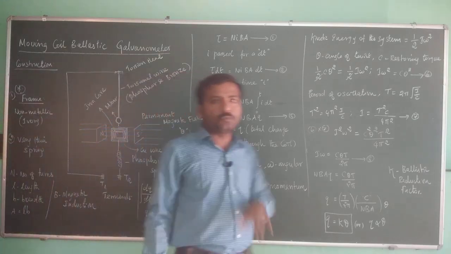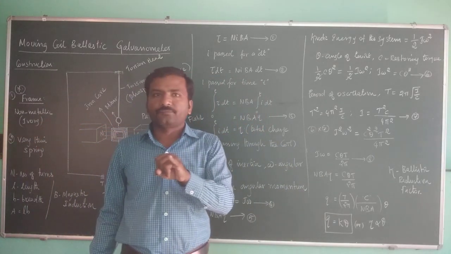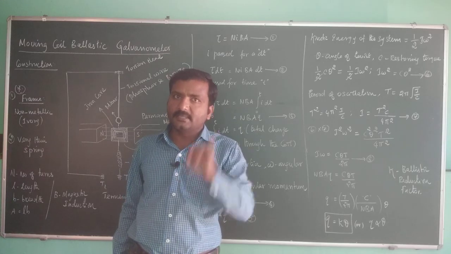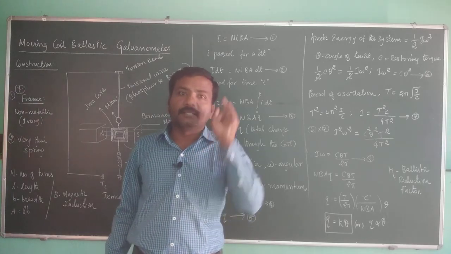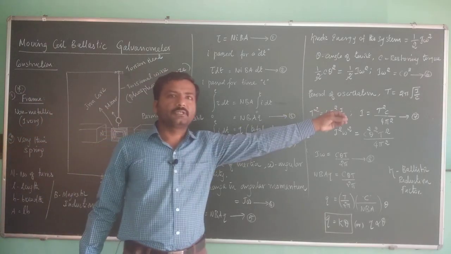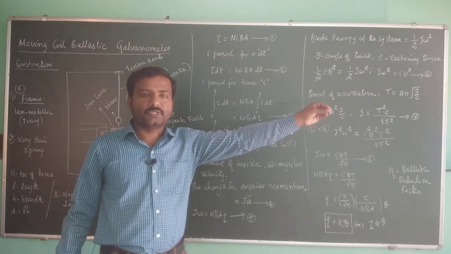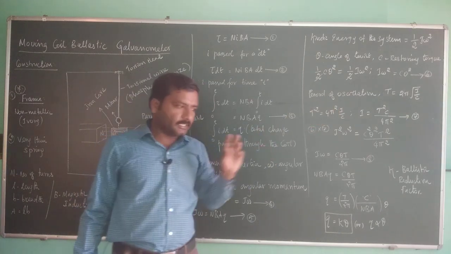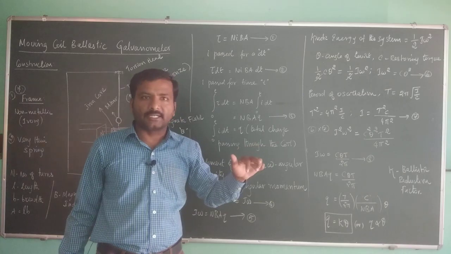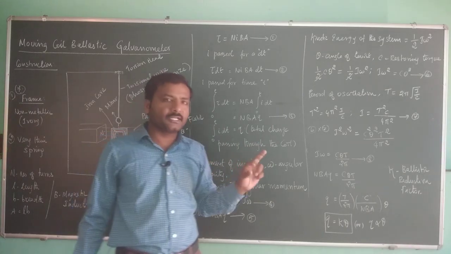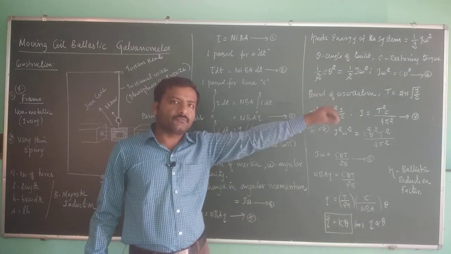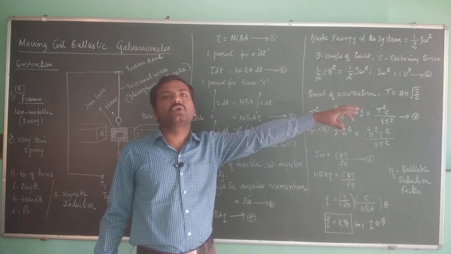But one important point is, we said this decay is assumed to be negligible, but due to air resistance and due to the induced current there is a decay, right? If that is the case, then the first throw itself will not be the original throw. Even though we have considered that the current passes through before the coil starts to move, once the coil starts to move, an induced current will be created in the coil. That induced current will oppose the movement of the coil, so that the observed first throw is less than that of the original throw.